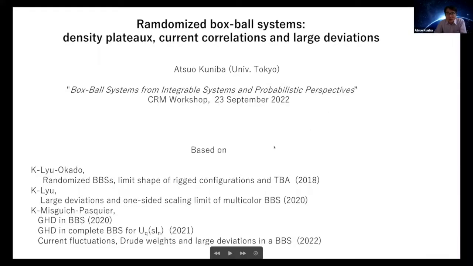Randomized box-ball system, and it's based on many collaborations with Hamburg Liu, Masato Okado, Grégoire Miswich and Vincent Pasquier. I think he's chairing this session. Thanks, Vincent. Many of the results, their derivation is not rigorous. It's a sort of thesis of derivation, but I think the obtained results are exact, supported by rather extensive numerical simulation. So let me